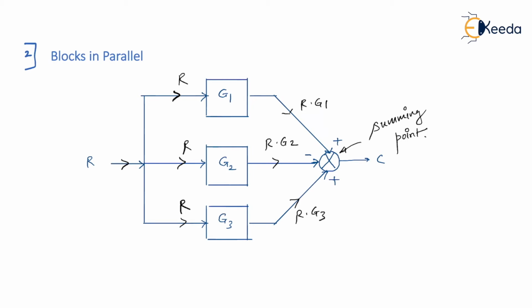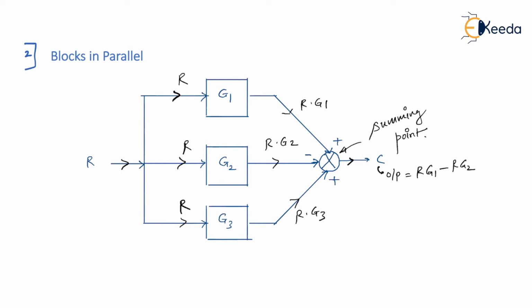As the name implied, the meaning of summing point means to add. It is a point where input gets added. So all the inputs get added here. Therefore, now I can write output C. So C is nothing but output. The summing point can have multiple inputs and generally one output. So right now, what output do I see here? That output is equal to RG1 minus RG2